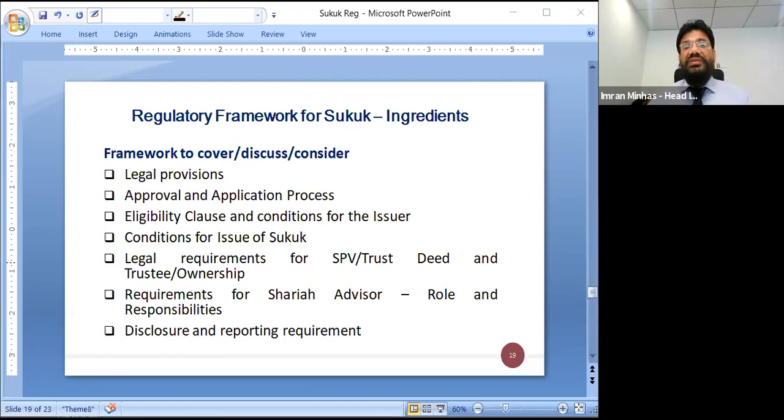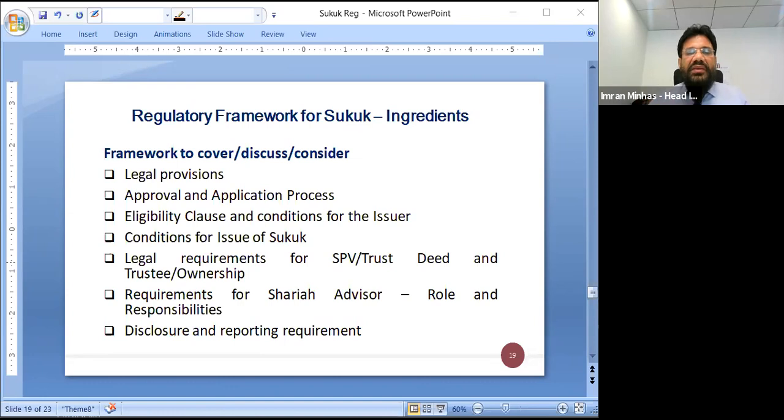You must give a separate power for the Islamic securities. The law should require the application process, the approval process, the application for approval of the securities regulator in respect of the issue of Sukuk to be made as per prescribed rules and guidance. So the format of the application, the information you require, the documents you need to have with the application, all these areas are covered under the application process.